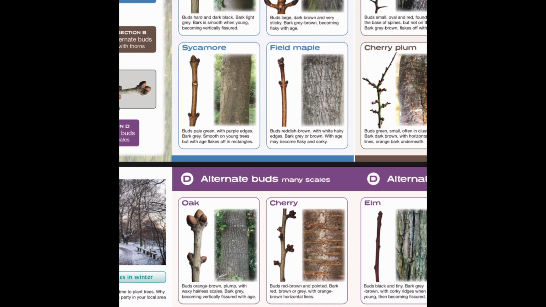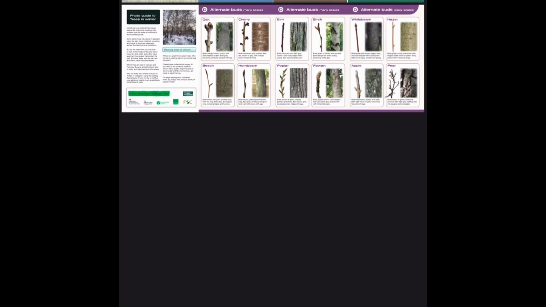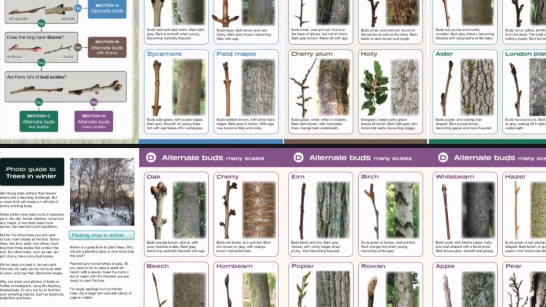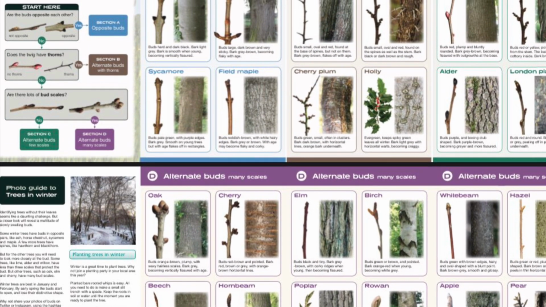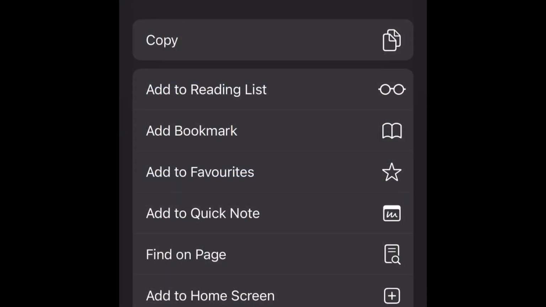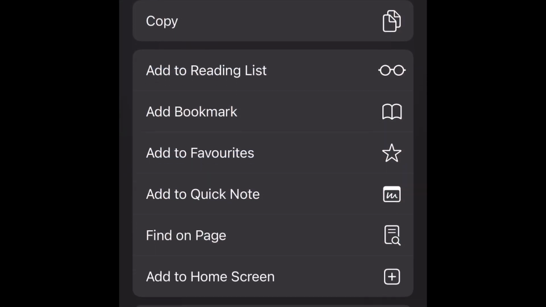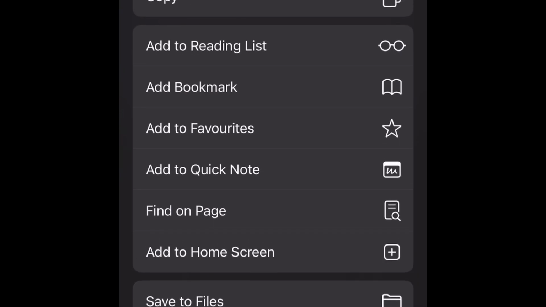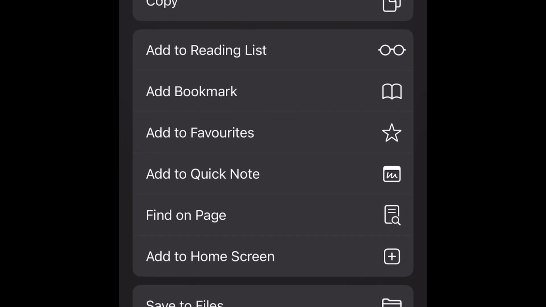Now I'm just going to pinch and zoom back out again on my iPhone. You can see how easy it is to zoom in and out. On my iPhone, I'm going to click on the little box with the arrow pointing upwards at the bottom, and it's going to take me to this menu, and I'm going to add to home screen. That will link a little widget on my home screen of my phone,